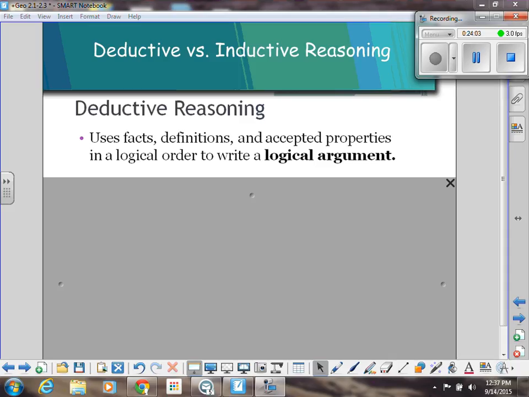So deductive reasoning is different. It's not based on observed patterns. It's based on facts and definitions and logic. All right. So